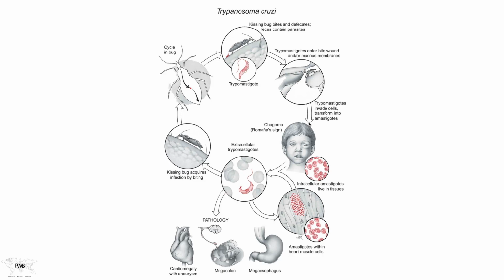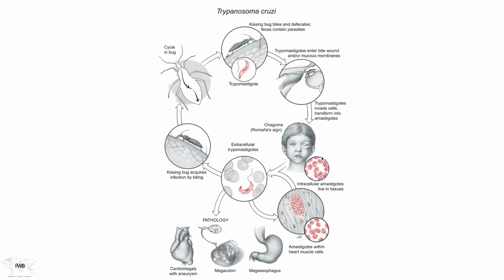It loses its flagellum, it rounds up, and it's indistinguishable from the Leishmania parasites that we discussed earlier. It's known as an amastigote because it does not have a flagellum any longer. And that is the replication stage for this parasite. And as we'll see, there's some interesting nuance as to how that comes about as well. But for the time being, let's just finish the life cycle, and then we'll come back to the biology.